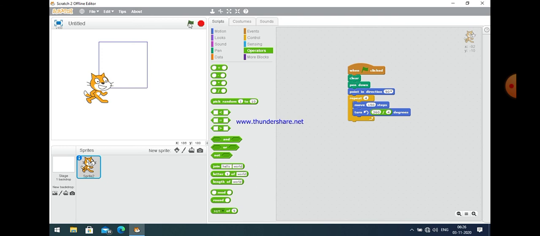And if I try repeat 5 and angle 360 by 5, then it will make a pentagon.